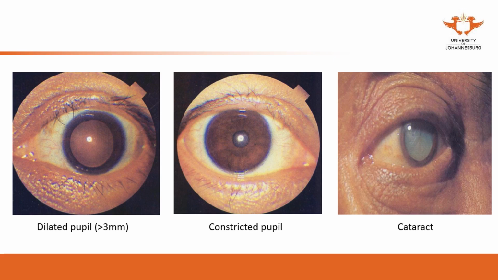Dilated pupils mostly happen in severe conditions, especially when people are near death. So this is a very important sign of death. Sometimes some poisonings can also result in dilated pupils. The constricted pupil mostly happens in some poisonings, especially some chemical poisonings.